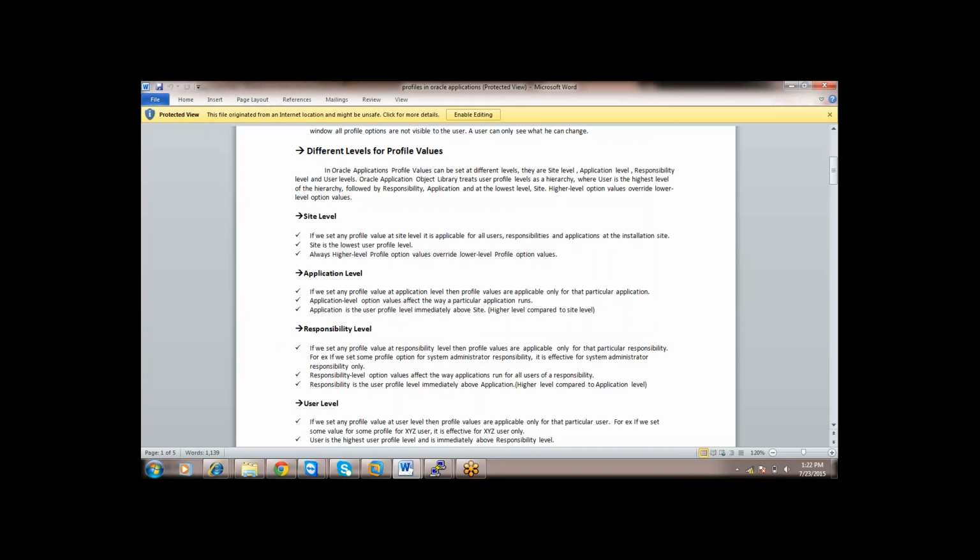In Oracle applications, profile values can be set at different levels: site level, application level, responsibility level, and user level. Oracle Application Object Library treats user profile levels as a hierarchy, where user is the highest level, followed by responsibility, then application, with site at the lowest level. Higher level profile option values override lower level profile option values. I'll tell you one thing, just